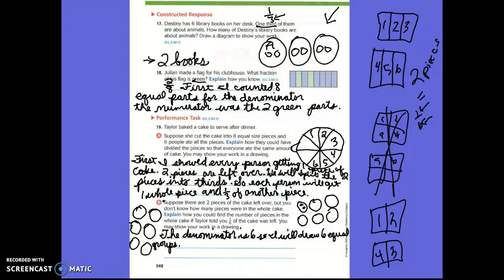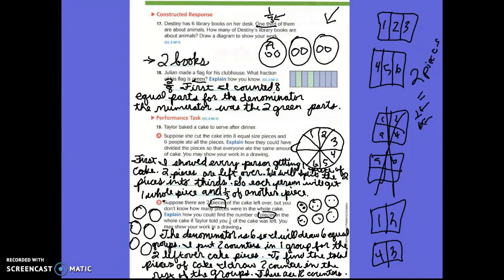You put 2 in each circle? Yes, then you add 2 counters to each circle to show the total. What would that total be then? 12. Okay, we're going to write all this problem down. So we said we have the denominator 6, and so we'll draw 6 equal groups. I put 2 counters in 1 group for the 2 leftover cake pieces. So that's what we did right here, this group. To find the total number of pieces, though, I needed to draw 2 counters in the rest of the groups. And then I found out there are 12 counters in all, which are the 12 pieces of cake that there were to begin with. So to find the